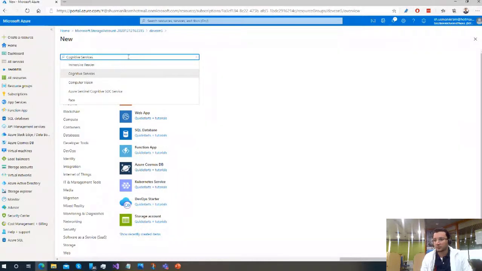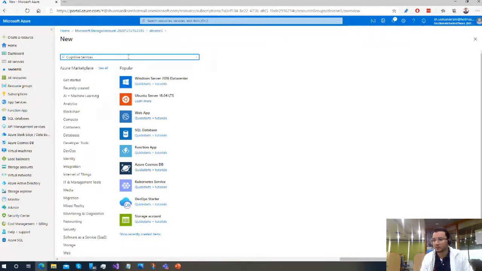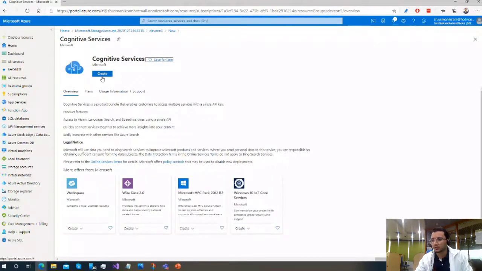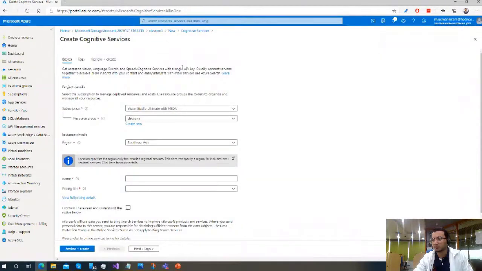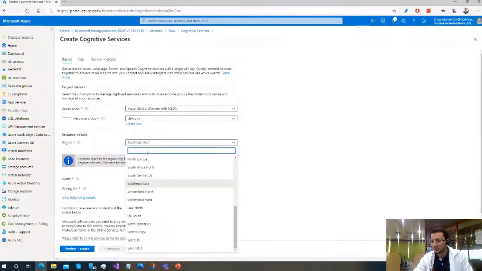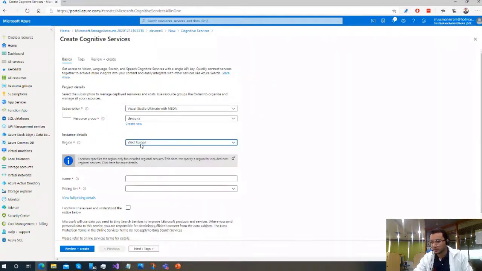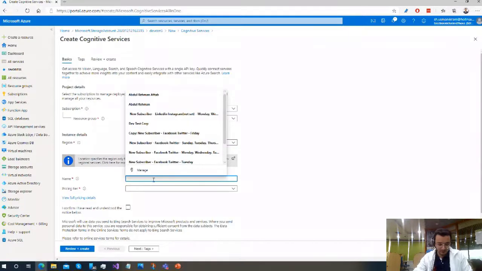Okay, so I have to create cognitive service as well. So let me create cognitive service first, then I'll create the cognitive search. Irrespective, there aren't any particular dependencies, they are independent services. Let me stick to West Europe, and name of service